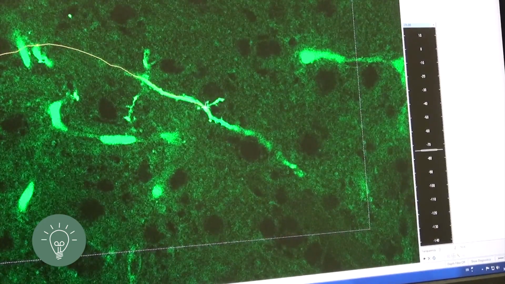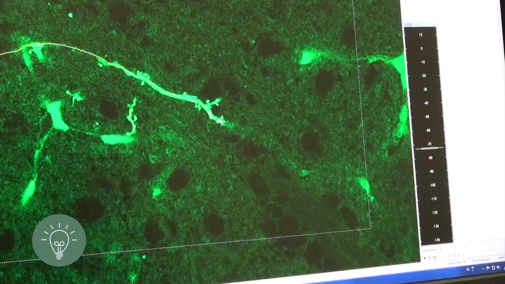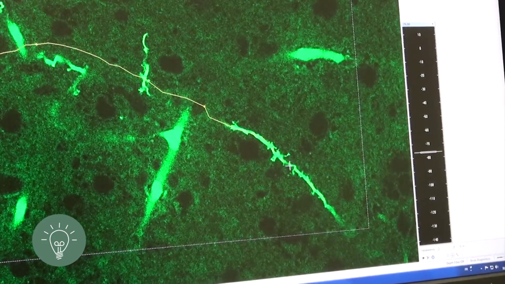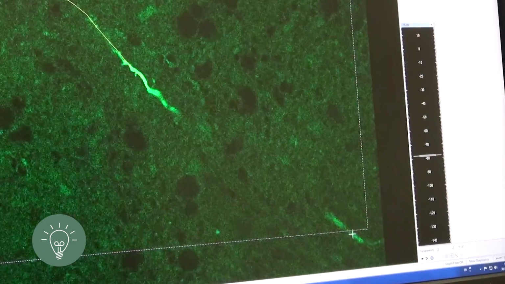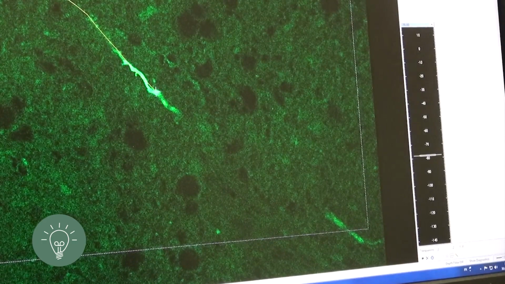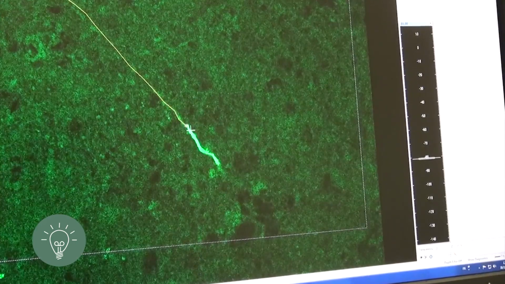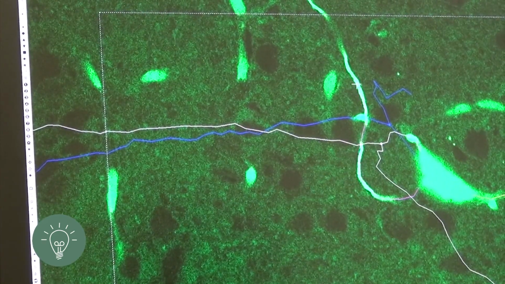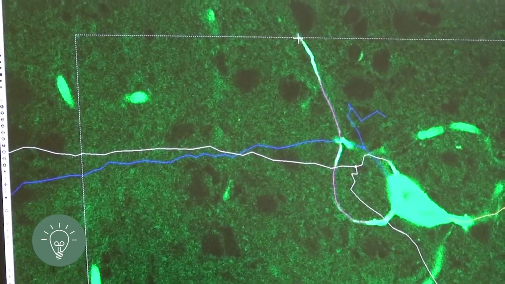The branch is not very large, but is worth pointing out. We continue along a branch. When we are done with this branch, the program will take us directly to the bifurcations that we have marked. We then follow all of the neuron's dendritic branches. Let us outline an axon now. It takes off upward, and we follow it again by adjusting the Z in the same way as before.